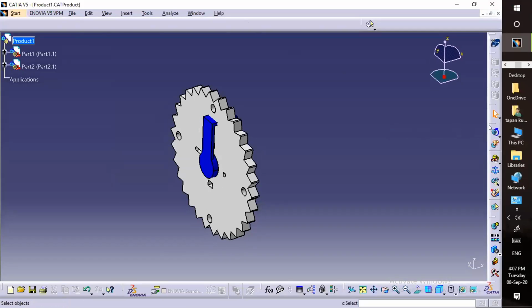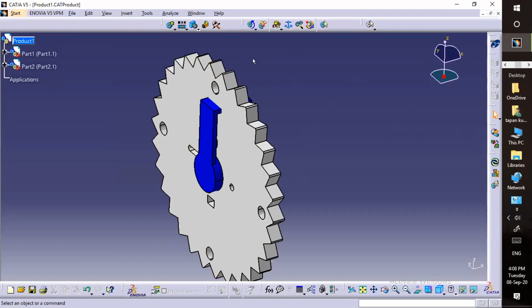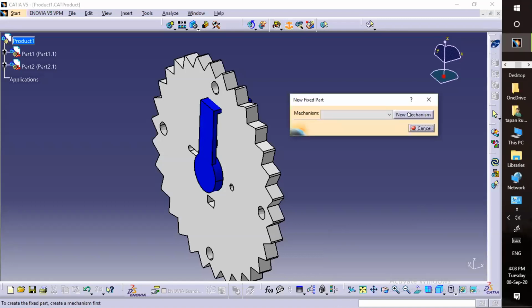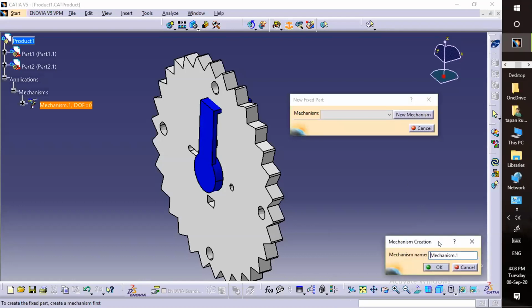The next thing you need to do is fix an object. There are two objects, right? The object which is not going to be in motion, you need to fix that one. So I'll go to the fixed part. Whenever you select the fixed part, it will ask you for the new mechanism. Select the new mechanism and click OK.